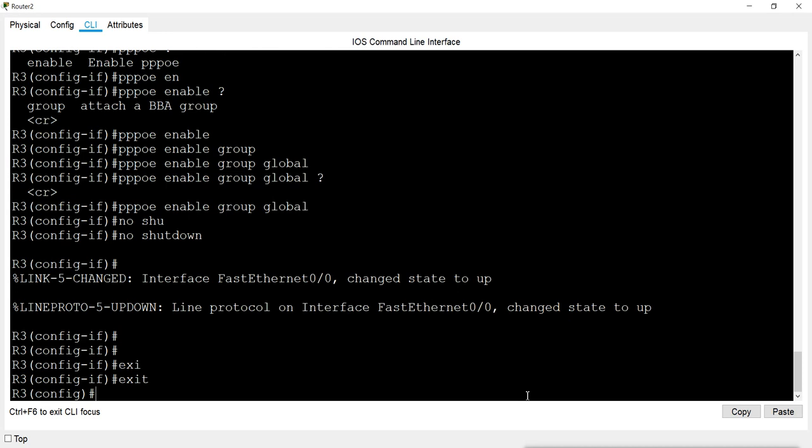Now it is done. Now we can check it. We can see how we can connect it from the client side.